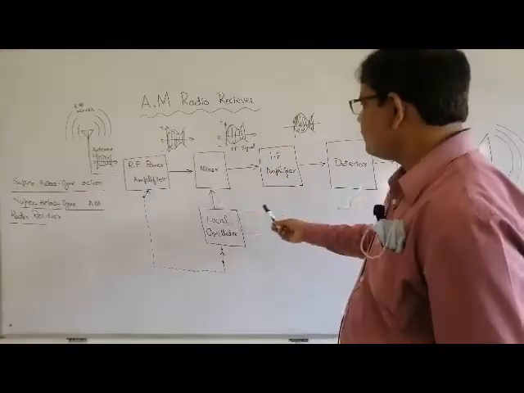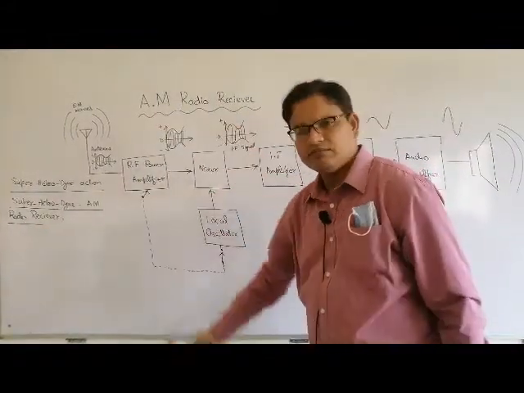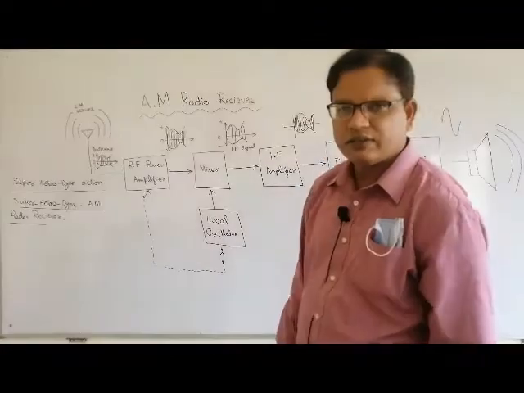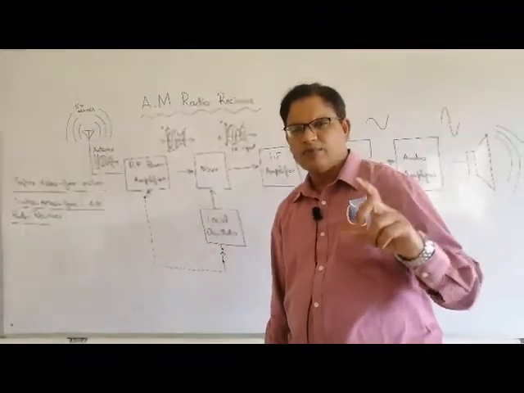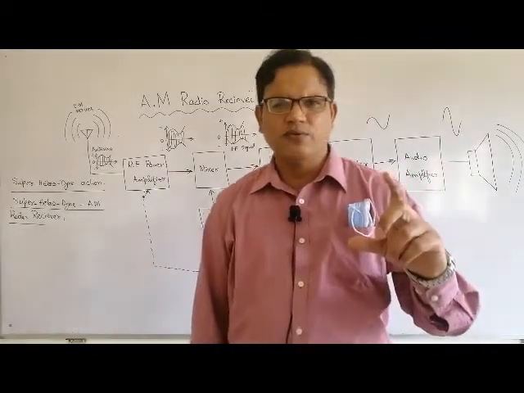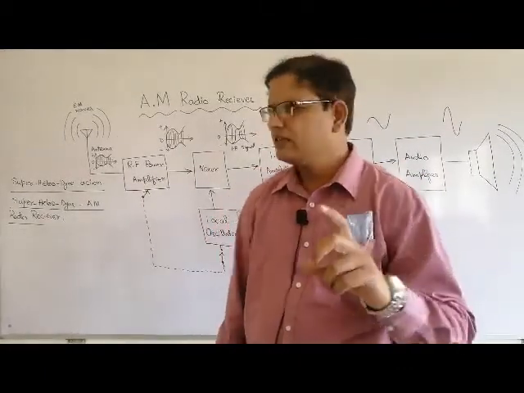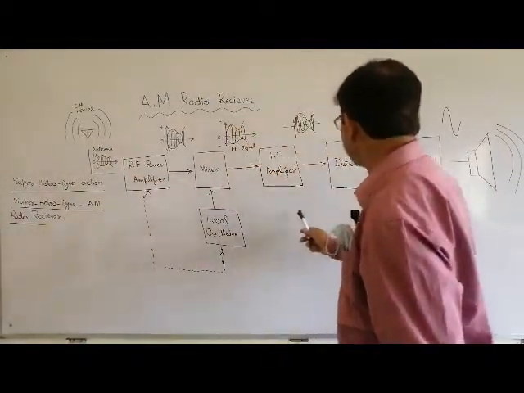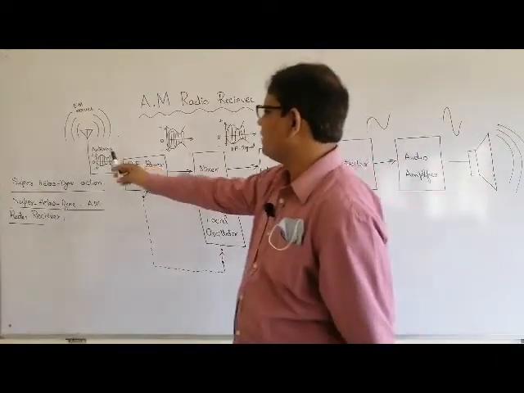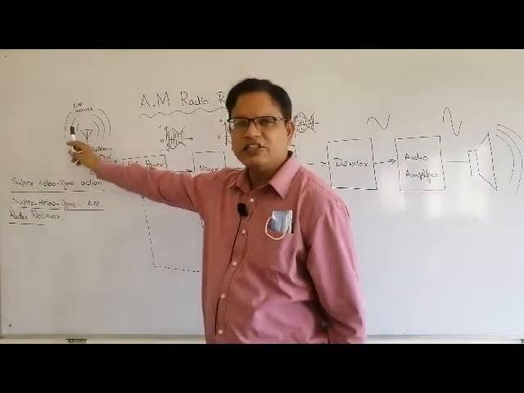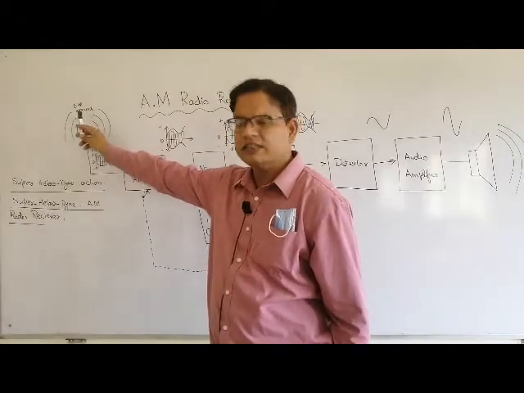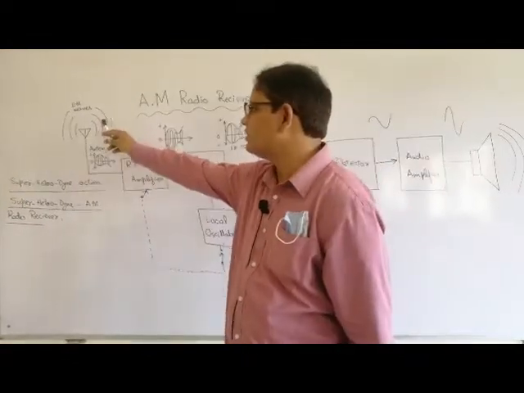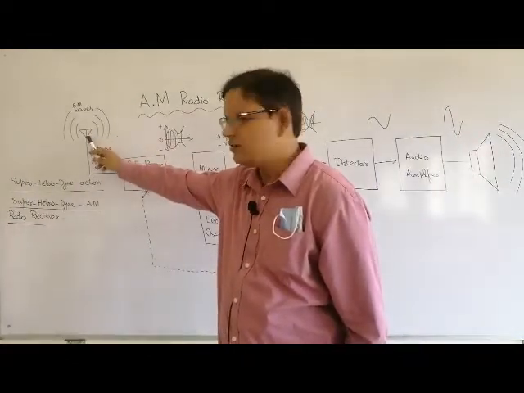Here I have made a block diagram on the topic of the amplitude modulation or AM radio receiver, which was commonly used before FM. The AM radio receiver was very much involved in our society. In this block diagram we have an antenna. The antenna basically receives a signal through air, and the signal is basically electromagnetic waves. These electromagnetic waves are received on the antenna.